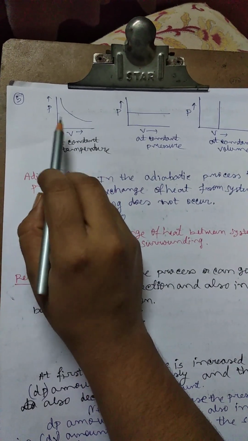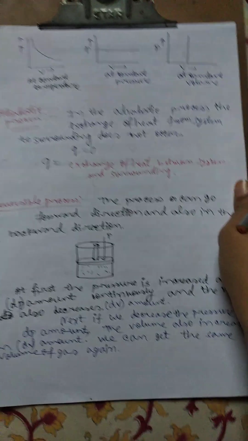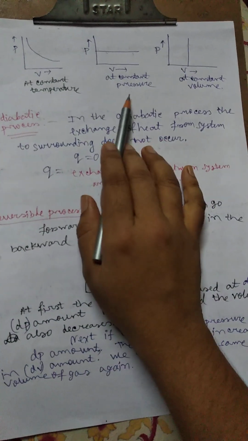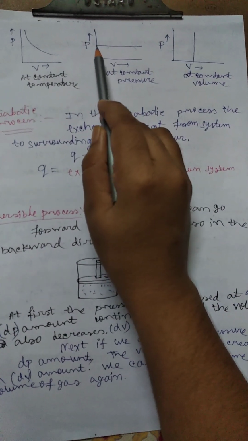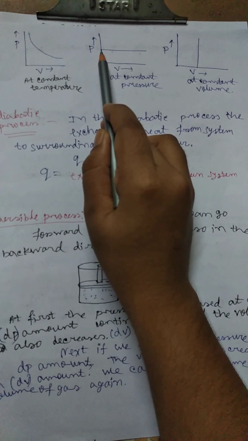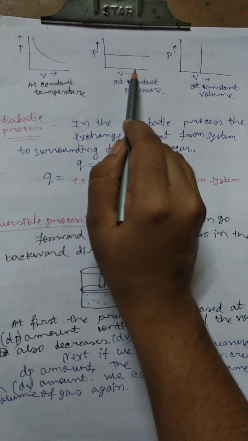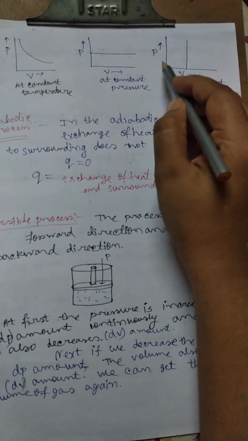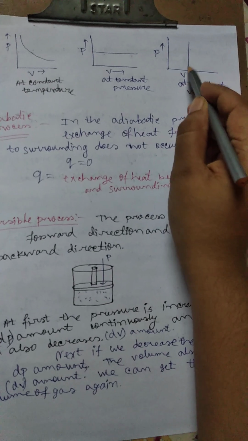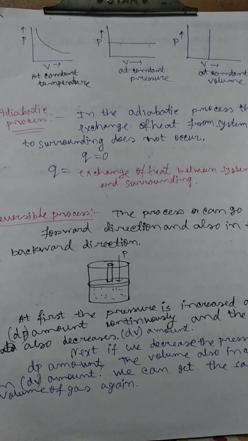Temperature is constant but the volume is decreasing here. At constant pressure, the pressure is constant at a particular point, but the volume is increasing, like 1, 2, 3, 4 in a process. And here the volume is constant. With increasing pressure, the reaction is occurring but the volume remains the same. Okay,